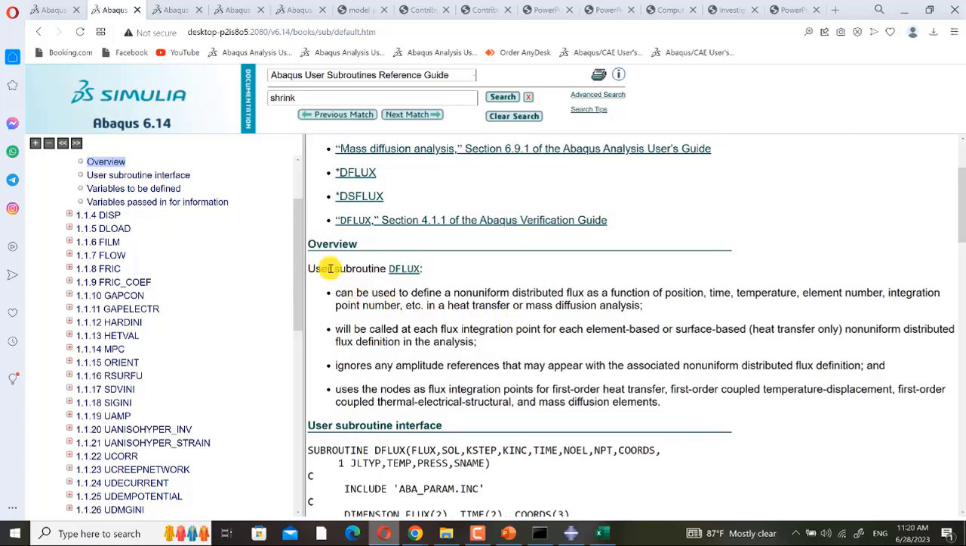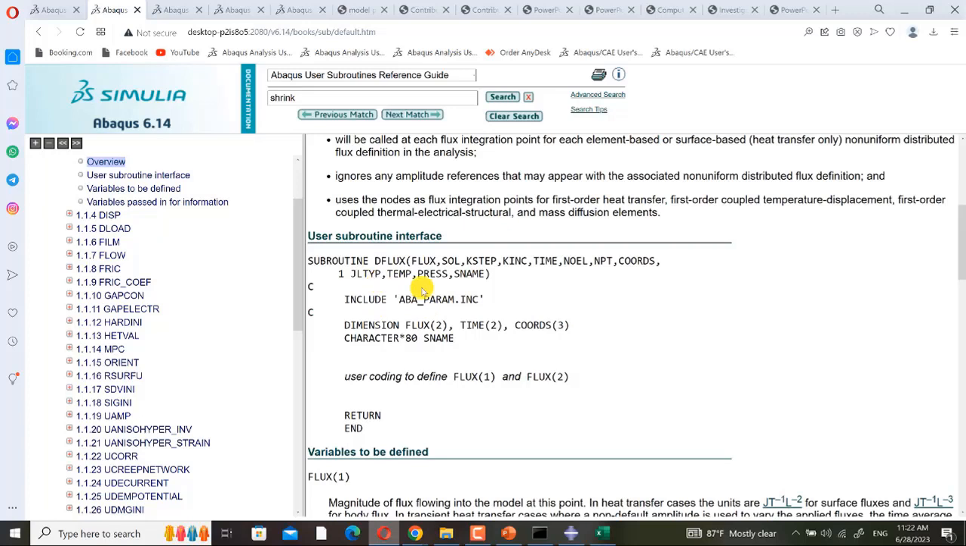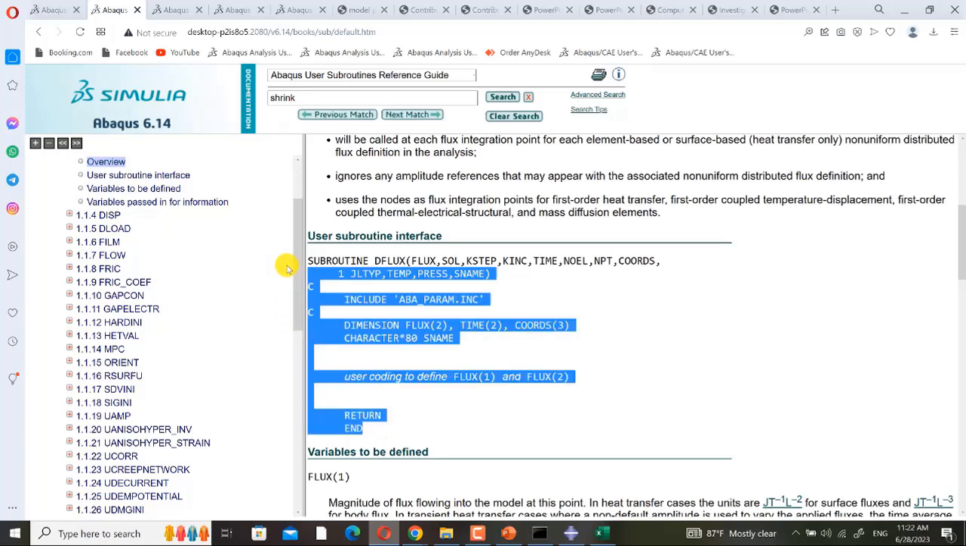Okay, overview. User subroutine DFLUX can be used to define a non-uniform distributed flux as a function of position, time, temperature, element number, integration point number, etc. in a heat transfer or mass diffusion analysis. This is the interface of the subroutine. Each subroutine has its own interface. When you want to write a subroutine, you must copy the subroutine interface,